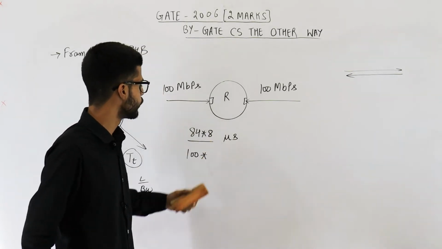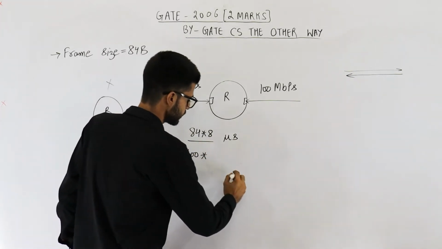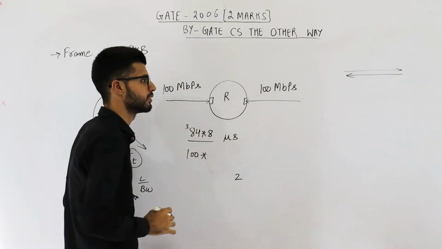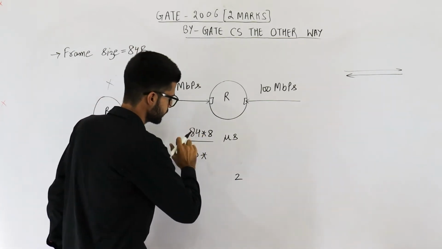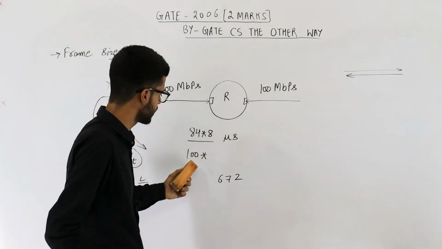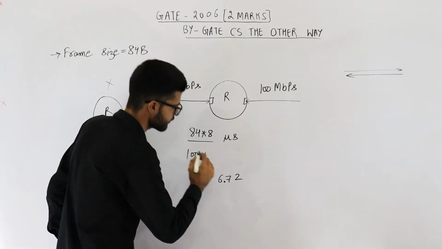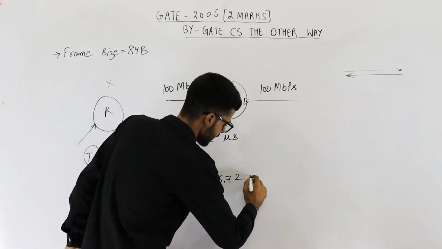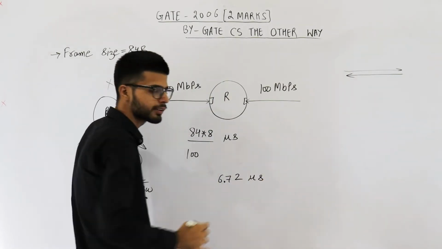Now 84 into 8. 8 fours are 32. 8 eights are 64 plus 3, that is 67. So 84 into 8 is 672. Divided by 100 will be 6.72. And microsecond is written as it is. So this means